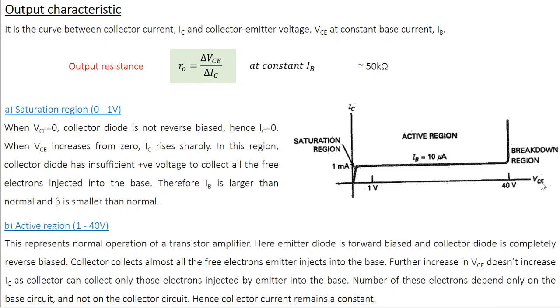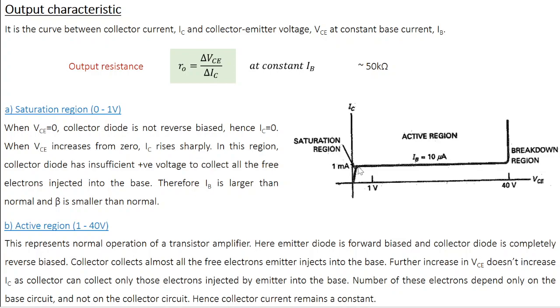Now we slowly increase VCE so that it is in a position to collect 2 electrons. Right? So collector current is now 2, base current is 98. So when you slowly increase VCE, proportionally IC is going to increase. Now look at this position, the topmost position. Now you increase VCE in such a way that the collector is able to collect all the 100 electrons. So the collector current is now 100, base current is 0, right?